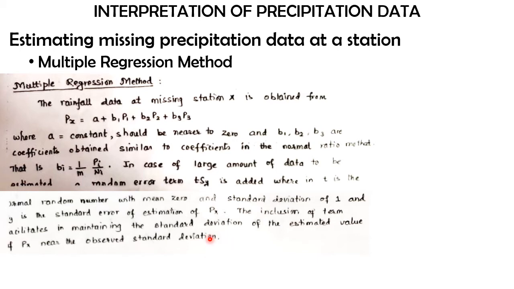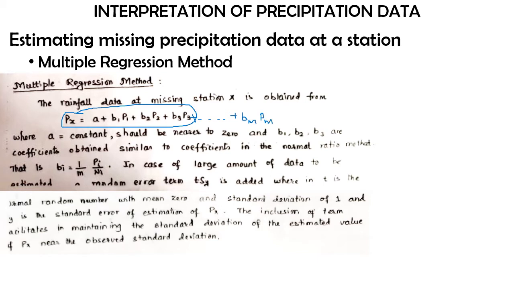So now let us try to understand what this multiple regression method is. First thing first, this is nothing but the formula with which you can basically get that. Here again this will be continued on up till Bm and Pm.